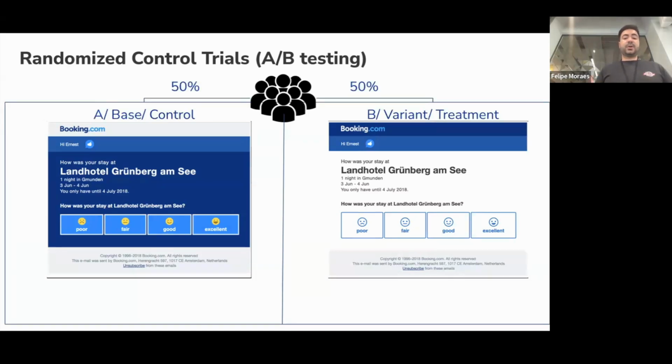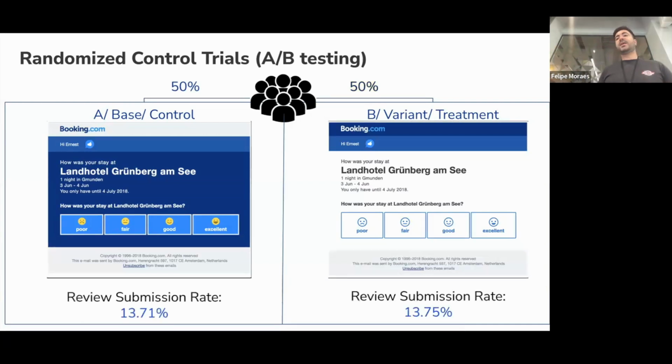In the randomized controlled trial, we do randomization. We split this group, most of the time 50-50, or sometimes 10-90%. We look at what we call the A, the base, the control. In this presentation, I'm going to talk a lot about the control, so that's what I mean by it. And you have the B, or variant, on the treatment side. We have a metric we are interested in to see the effect, and here we are looking at the review submission rate as a metric.